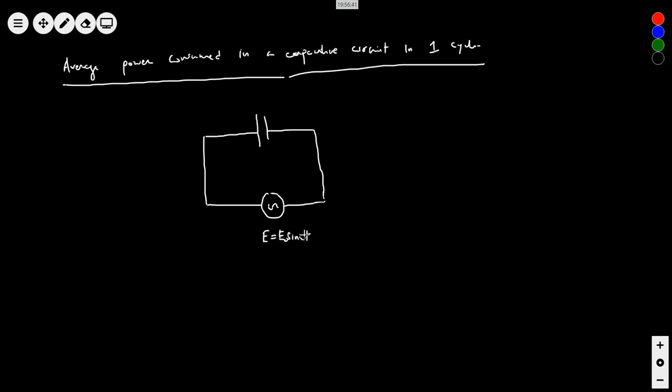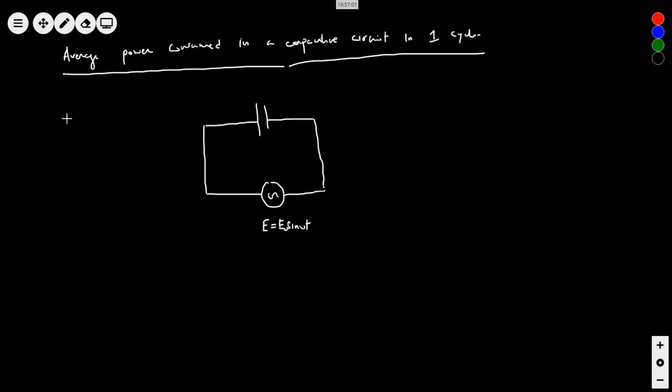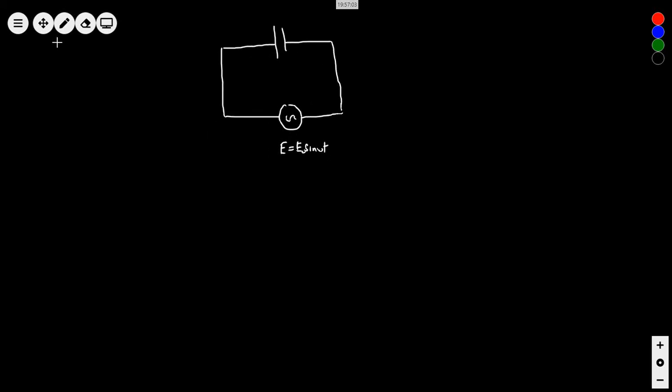Right? See here, what is happening? The capacitor gets first charged, and then it discharges, and this is happening alternately, because sometimes the voltage comes positive, this side will become positive and that side negative, and then this side will become negative and this side positive, and like this it will go on. So first of all, let us see what is the average power consumed.